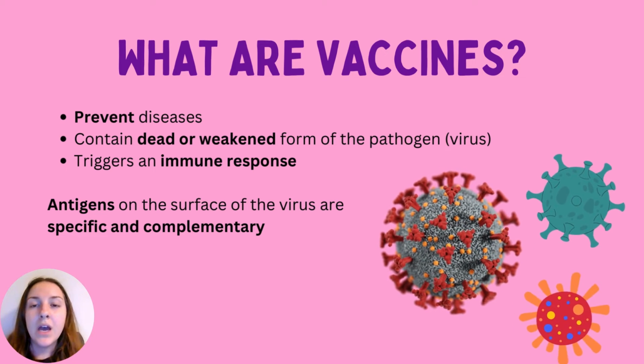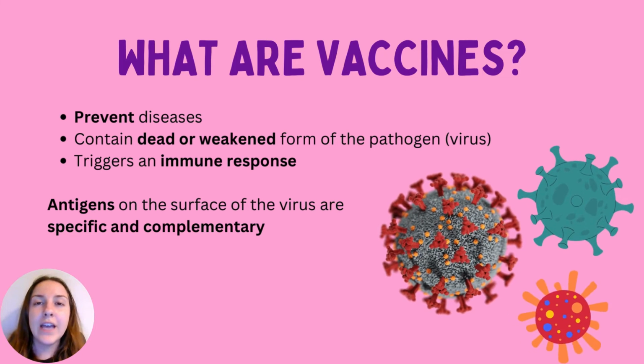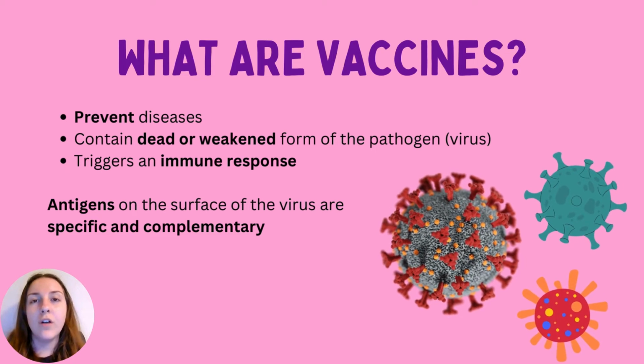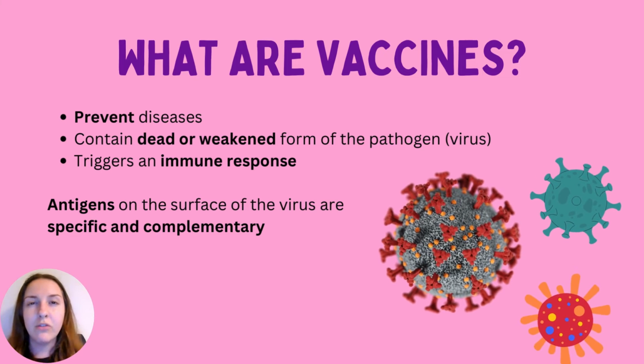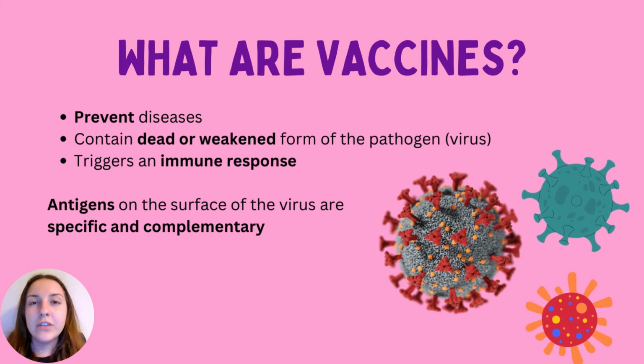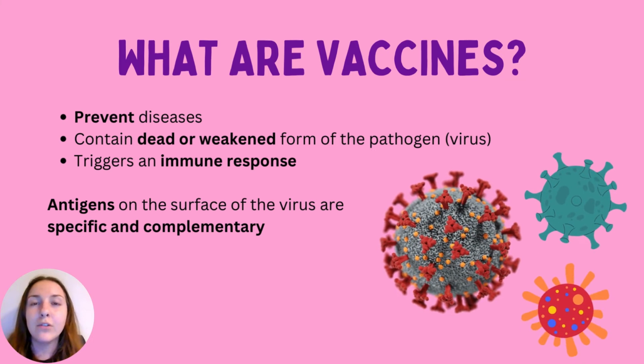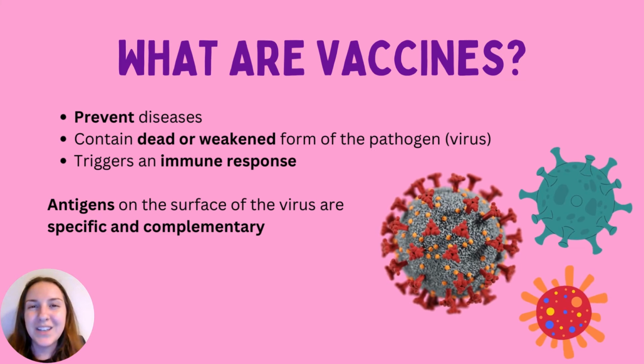if they have a fever. The vaccine itself is injected into someone and it contains a dead or weakened version of the pathogen, such as a virus. It's usually a virus in the case of vaccines. And essentially what this does, it triggers an immune response, which we've talked about before. And I'm going to actually show you some graphical data, which you need to be able to interpret and recognize